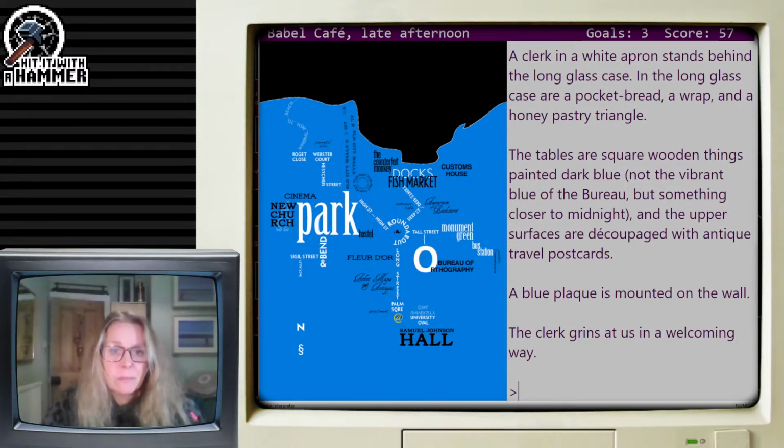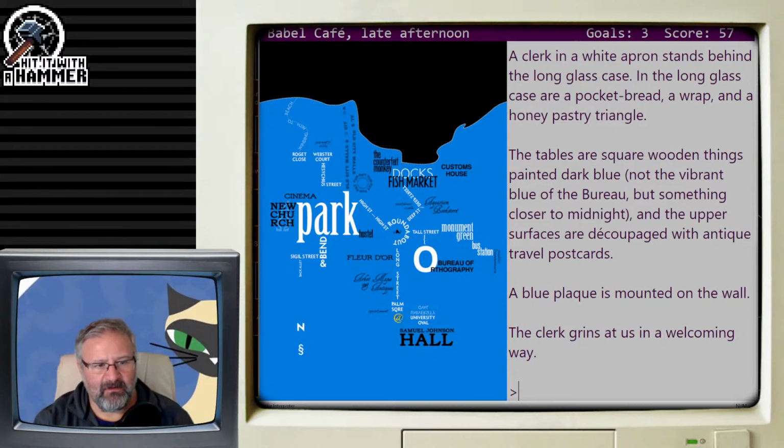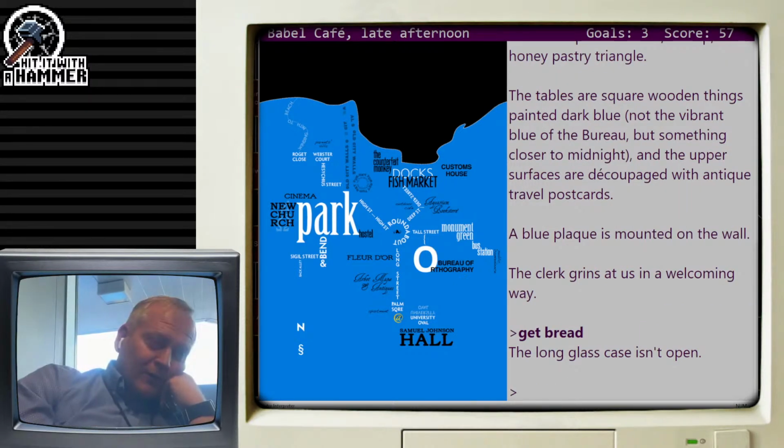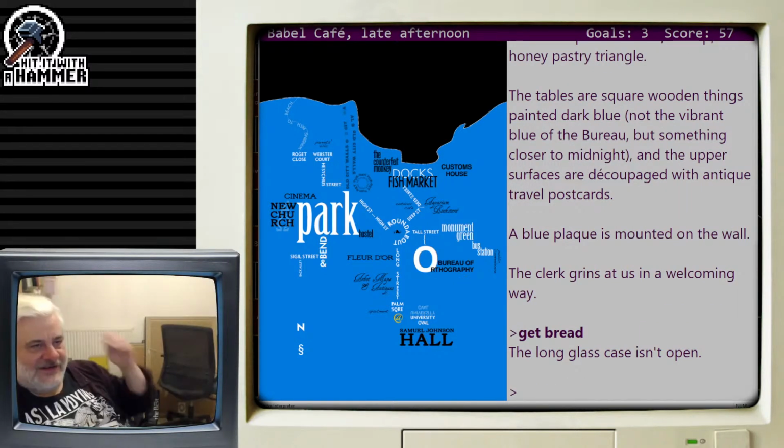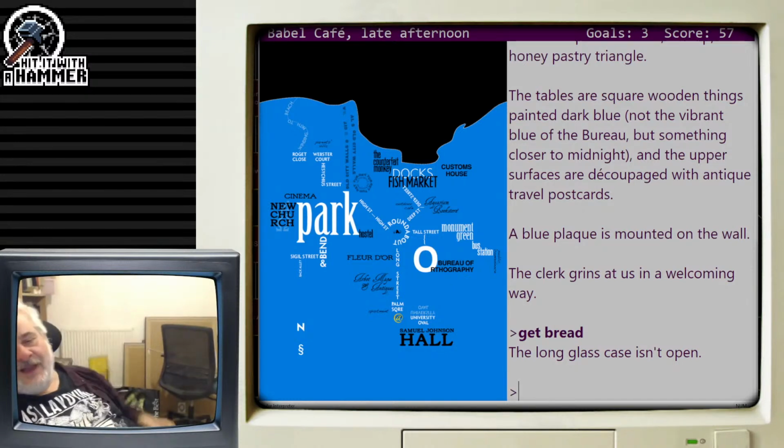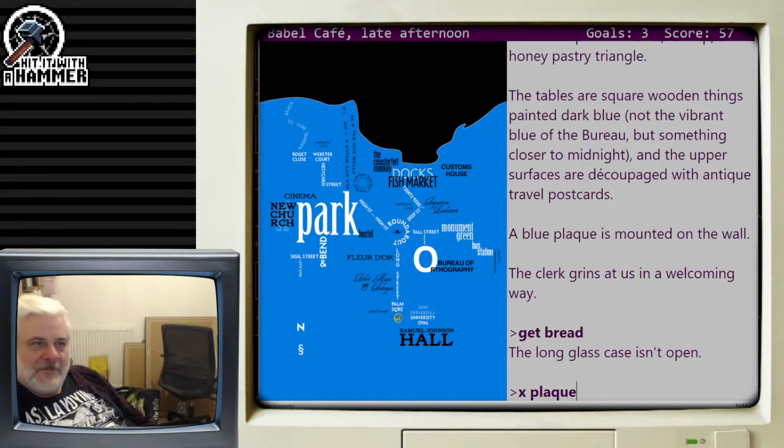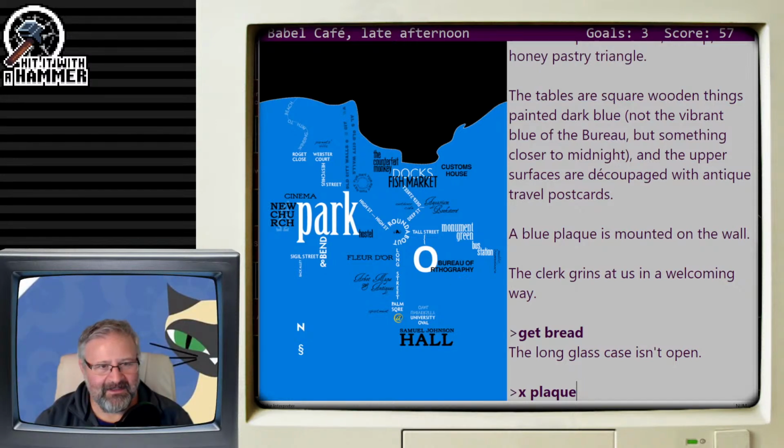We should buy some stuff. Honey pastry triangle. Should be able to do a lot with that. So I've just done a Rosie and spotted. It's not even a double entendre, and just if we get the wrap and get rid of the R,